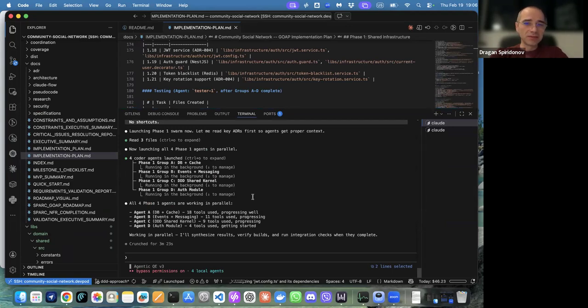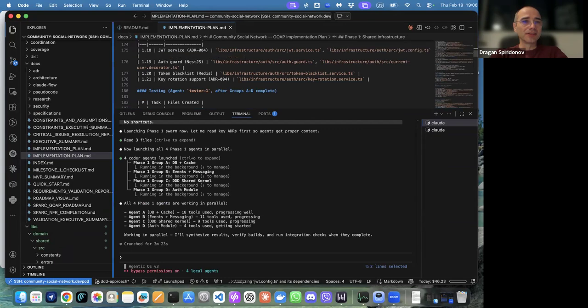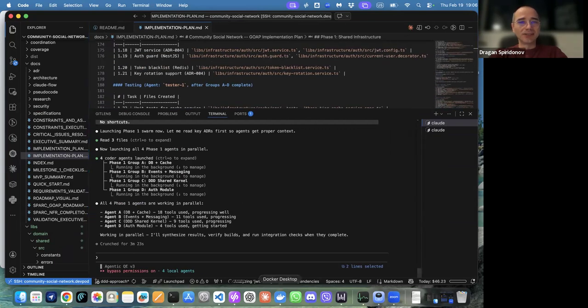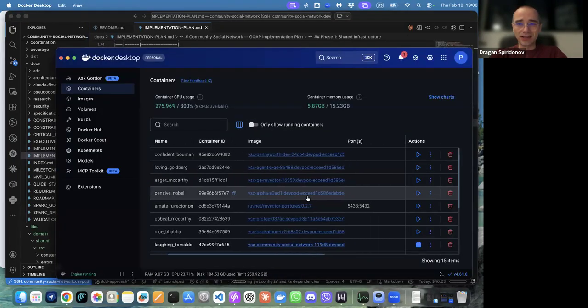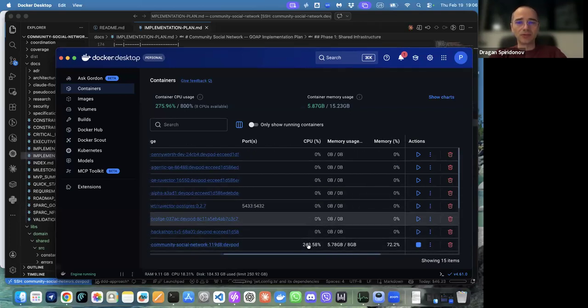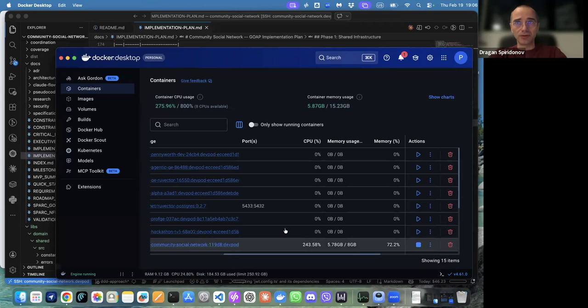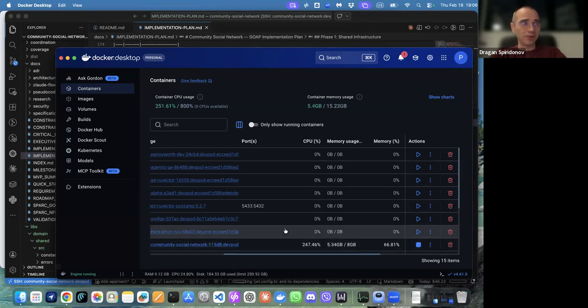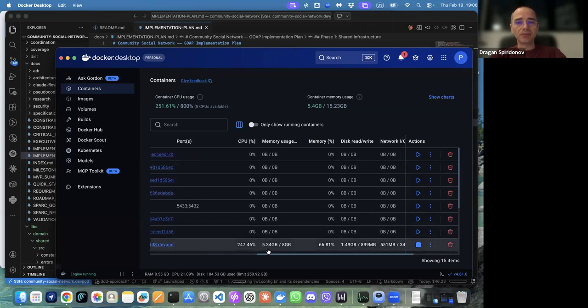Let's see. Oh, this one stopped now. Oh, that's also a thing. Let's see. Okay, not that bad. I expected more. CPU goes up when these agents are working because they are CPU intensive. Not that much of the memory consumption; this is more from Claude Code itself.